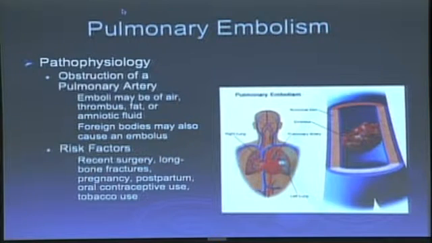Now, if it gets into small pulmonary arteries, that causes some widespread little defects in the lung. If it's a huge embolus, it can block off a major pulmonary artery, which then stops any blood flow to a large portion of the lung or maybe an entire lobe of the lung. Then you get ventilation and perfusion mismatches. You get lung that's being ventilated, the alveoli, but it doesn't have any perfusion in it, so there's no gas exchange going on at that point, and that totally throws off the blood gas